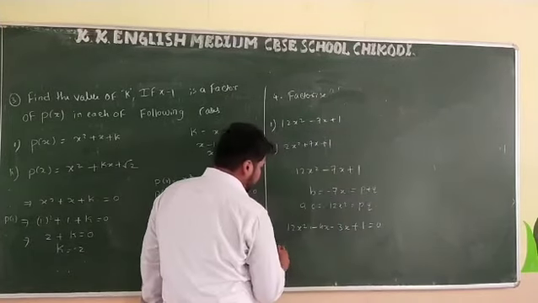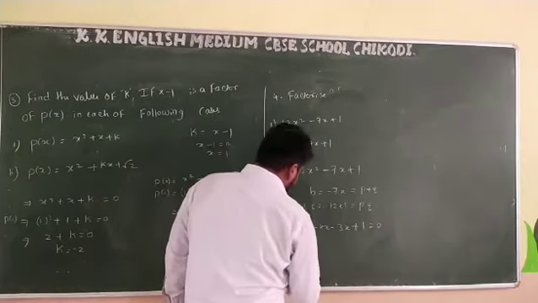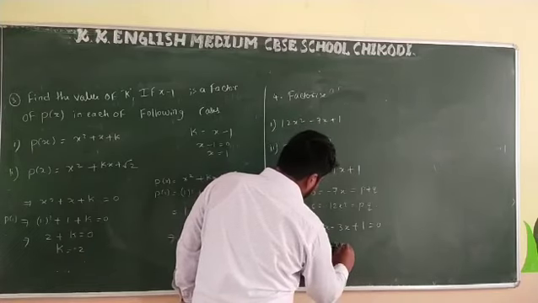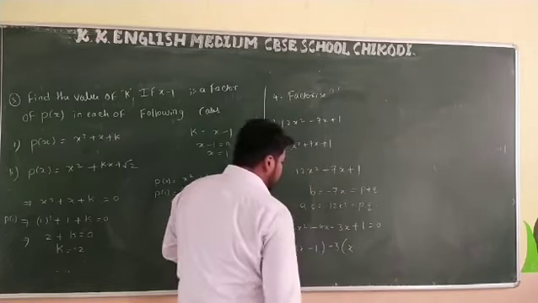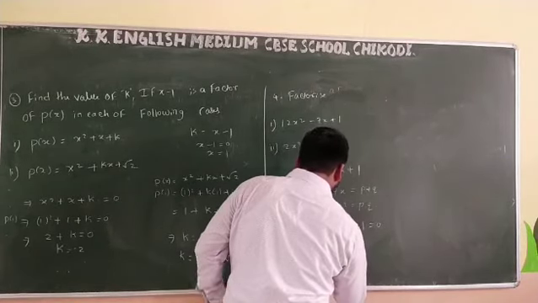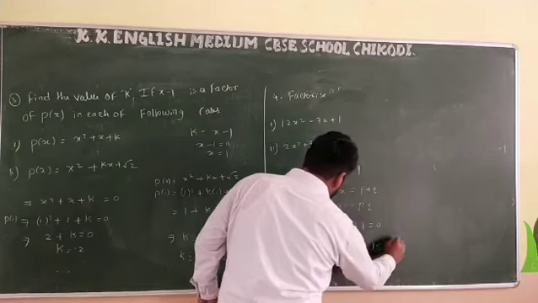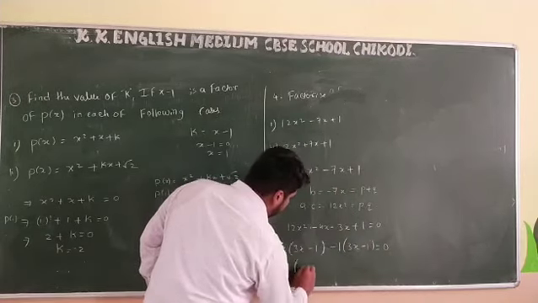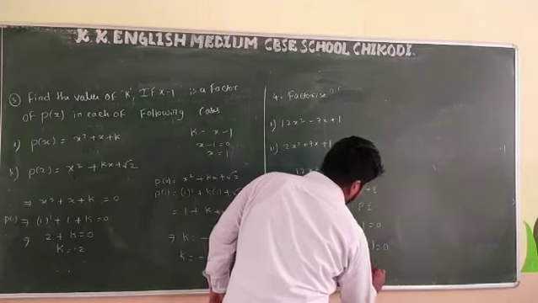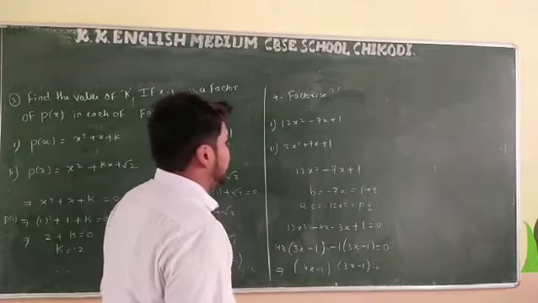In this, 4x is common, that is 4 3s are 12, and x is remaining minus 1. Minus 3 as it is, that is x. So x as it is, that is minus 1 as it is, that is 3x minus 1 equals 0. The two factors are 4x minus 1 and 3x minus 1, which are the factors of 12x square minus 7x plus 1.